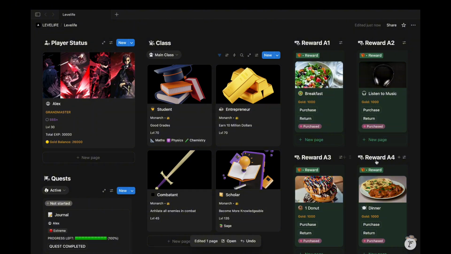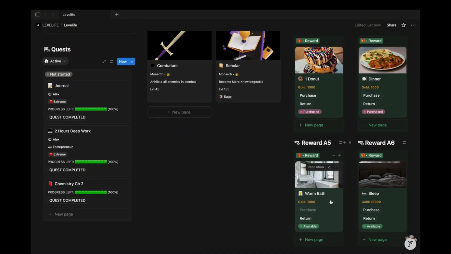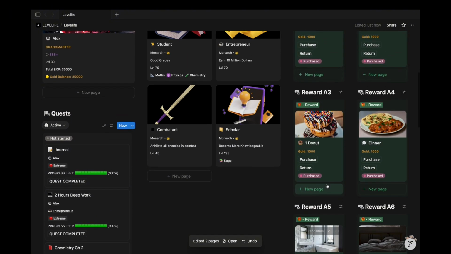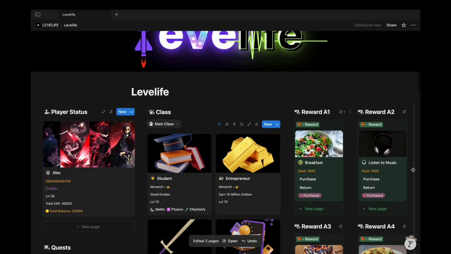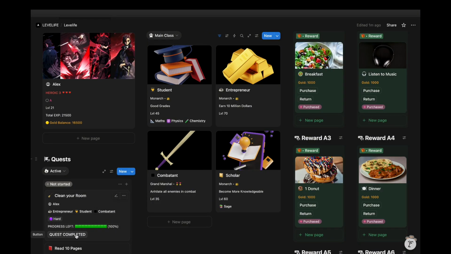Create your character, add your profile pic, create unlimited classes and even subclasses. Create and complete quests to earn EXP and gold, as many as you want, by the way. Then level up and buy